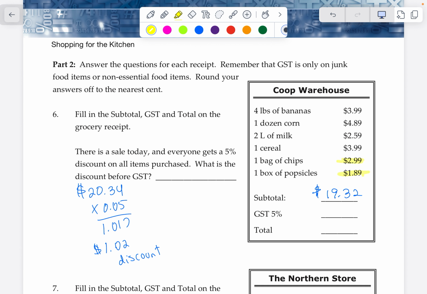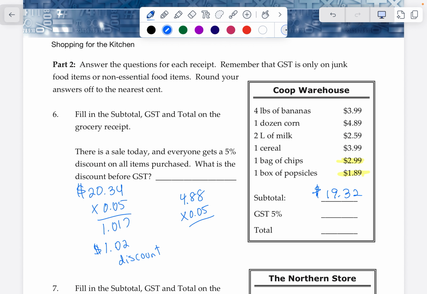So let's look at those items. $2.99 plus $1.89 is $4.88. And they're going to charge me 5% on that. So we're going to do that 0.05 just times that. And that would be,